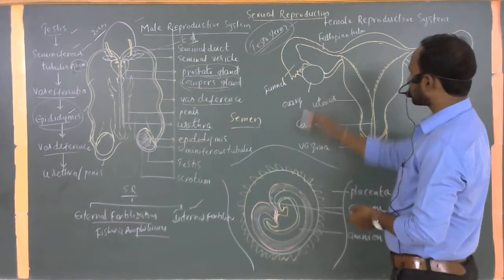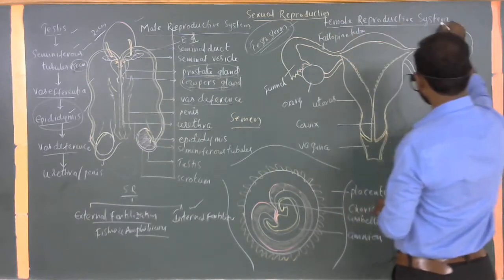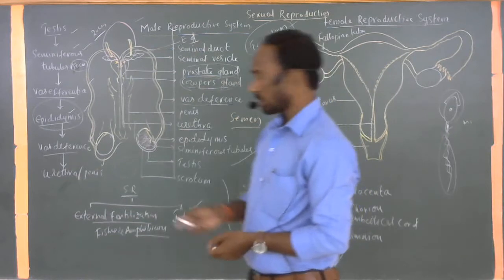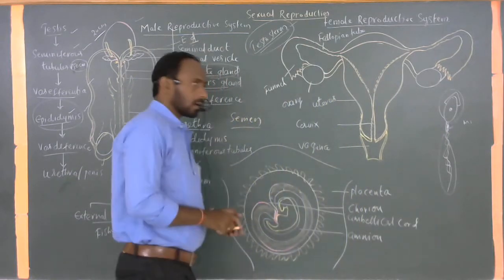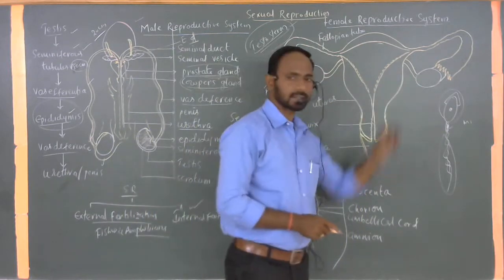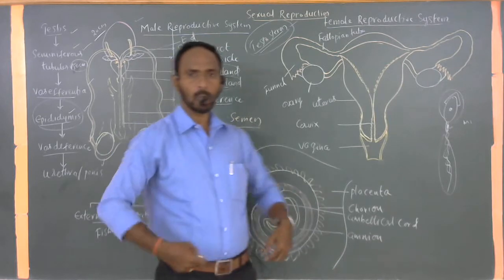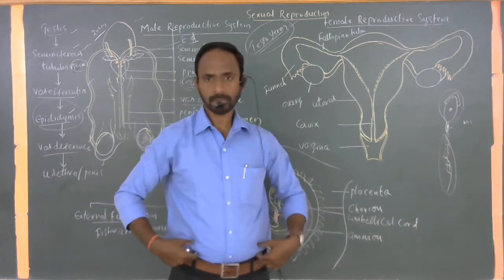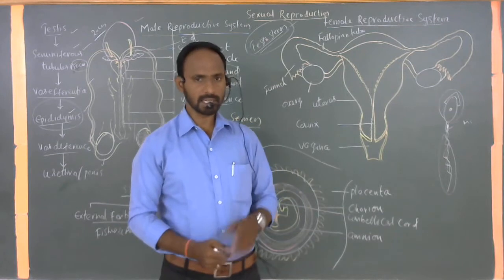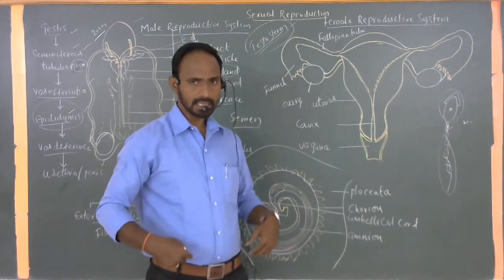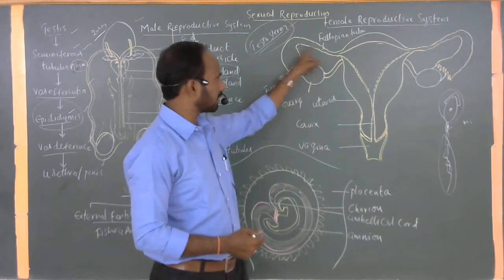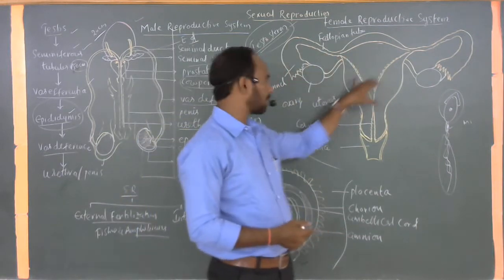Now we come to the next part, the female reproductive system. This is a well elaborated arrangement. One pair of ovaries is present in the lower abdomen. These are present only in females. One pair of ovaries is present in the lower abdomen. This abdomen bearing the ovaries is also connected with a large muscular chamber commonly called the